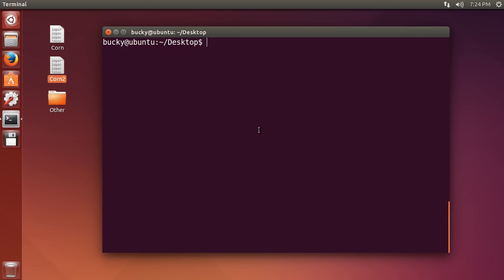Now another useful command is if you ever want to have a bit of information and store it inside a variable. If you've never programmed before, a variable is just a placeholder for something else. So let's make a variable called name, and we're going to set it equal to the value of Bucky, and